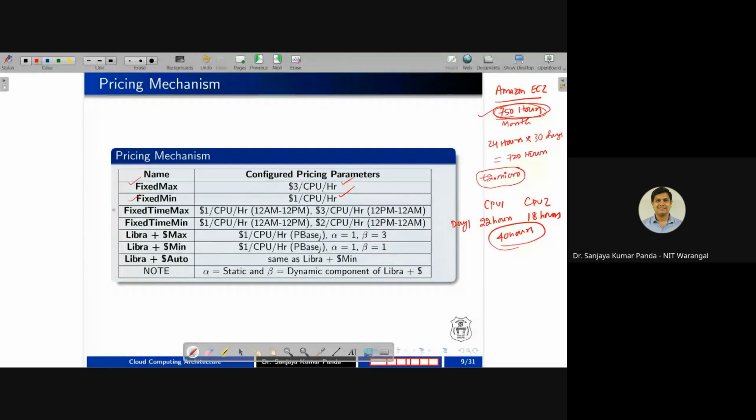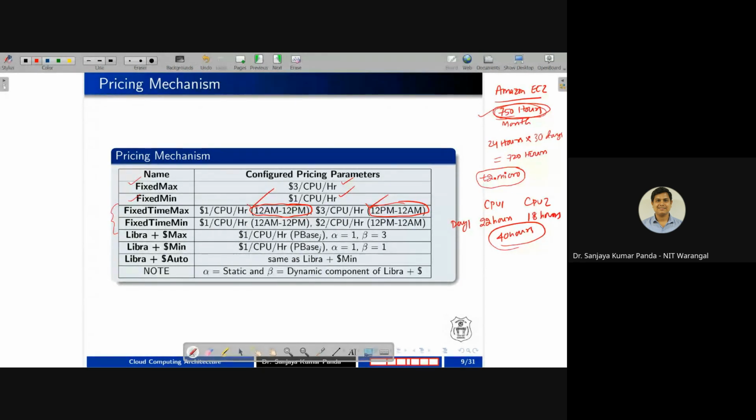Similarly, we have another pricing scheme that is called fixed time max and min. In this, we consider the peak hour and off-peak hour. Here you can see this is considered as off-peak hour. I told you, night 12 to 12 noon is considered as off-peak hour, and 12 p.m. to 12 a.m. is considered as peak hour, right? In peak hour the charge is $3 per CPU per hour, and $1 per CPU hour for the off-peak price,